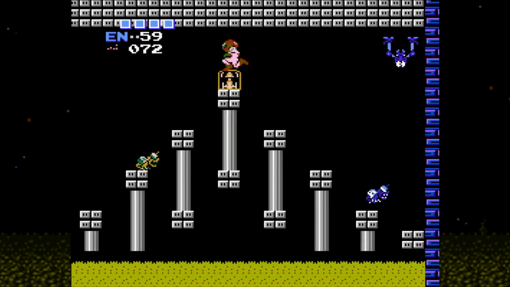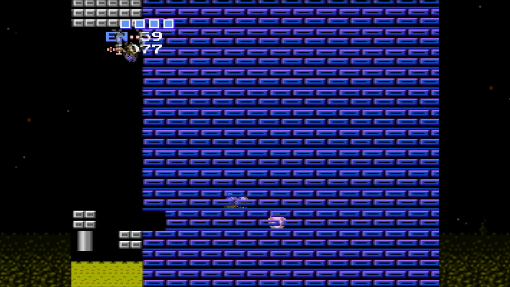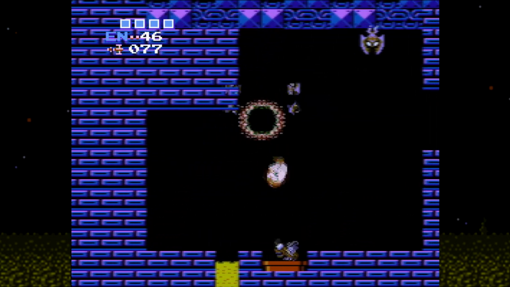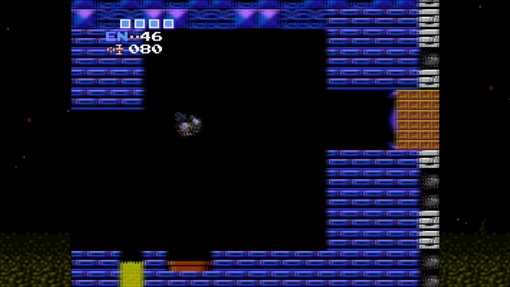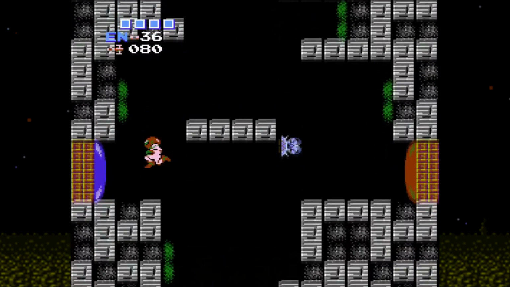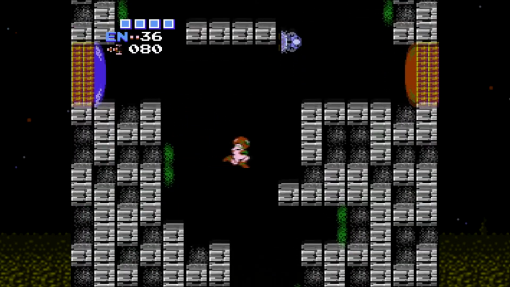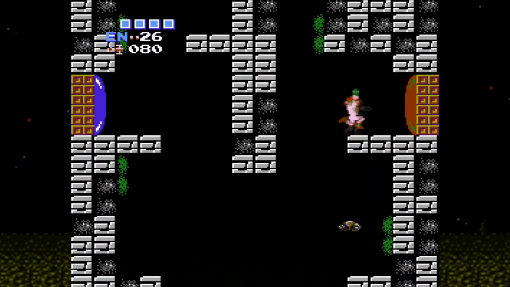So, here's our other missile pack. There are 4 missile packs and 2 energy tanks to grab in this area. One of them is going to be grabbed probably on the way out. I hate that so much. And it's through that red door over there. So we're going to ignore that for right now and come down here and go through this red door right here